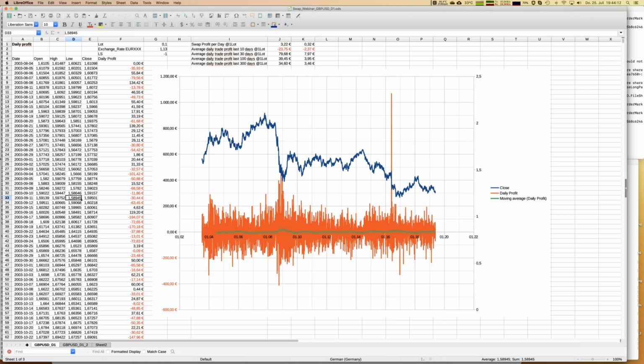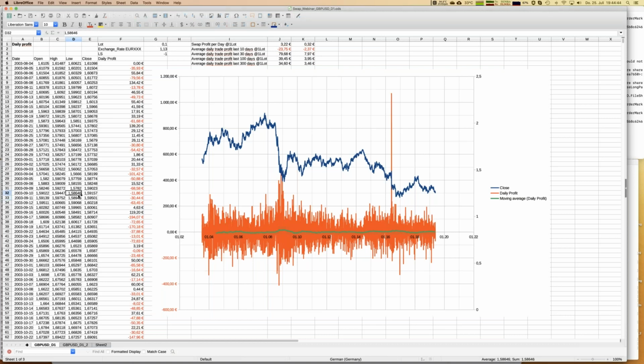In this case, I concentrate on British pound, US dollar, and for that pair we have positive swaps if you go short. And as you can see already within the chart, that's now really a long-term chart starting at 2004. Going short for that pair is on a long end definitely a good idea. So even having positive swaps into that direction is already visibly a good idea. But we can do it mathematically as well.